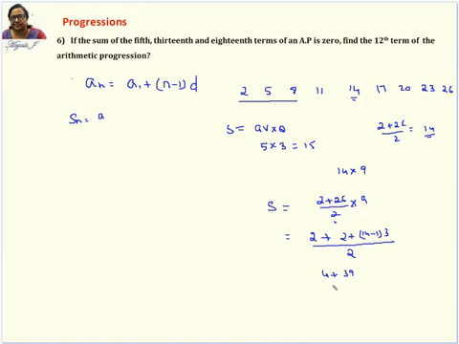It's still not coming. Something is wrong. What is wrong here? I'm supposed to get 14 as the answer. What mistake have I done? How many terms are there? 1, 2, 3, 4, 5, 6, 7, 8, 9 terms. So it should be exactly the middle one. If it is even only, we will not get the exact value. Can somebody correct this? Some mistake I'm doing here.